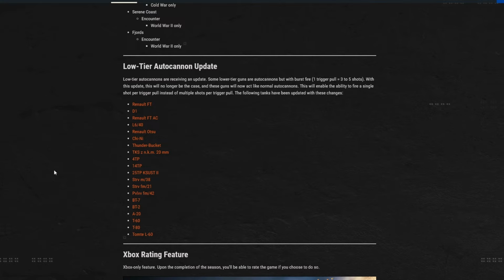And the following tanks have been updated with these changes. And of course, it is a lot of low tier tanks, right? The Renault FT, which is the tier 1 French, D1 a tier 2 French, Renault FTAC, L640, Renault Otso, Chinu, Thunder Bucket's a major one because the Thunder Bucket just got nerfed. Now it's getting the low tier autocannon update. The TKS 20, some Polish tanks, some Swedish tanks, some Russian tanks, and another Swedish tank split from the other Swedes. I believe that's a Swedish tank. Anyway,